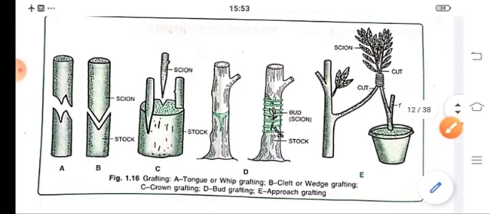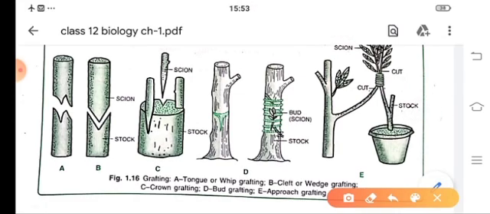So here there are several methods of grafting. Now this one is the tongue grafting, then whip grafting, then crown grafting is here, then bud grafting and approach grafting. So here see, this is cleft and this is wedge. Okay, stalk and scion. Several clefts are made in the stalk and many scions are inserted in this single stalk. Then there is a cut in this particular branch or the stem and a bud is introduced and then it is tied together and it develops into a new plant.